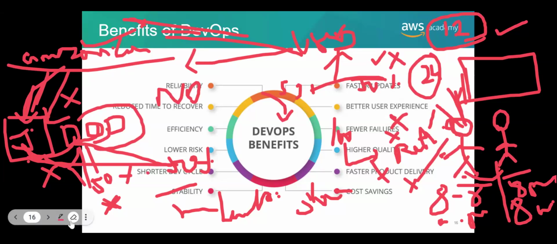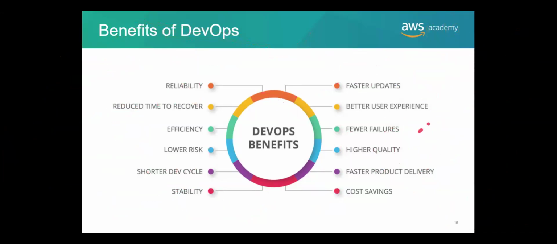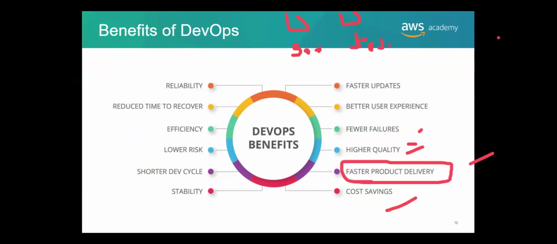Okay, I hope you understood. Now coming to fewer failures, yes. Next one, higher quality. Just now we split it 50-50, so the work is split among two servers, automatically high quality, faster product delivery, and cost saving. How are we saying faster product delivery? Because